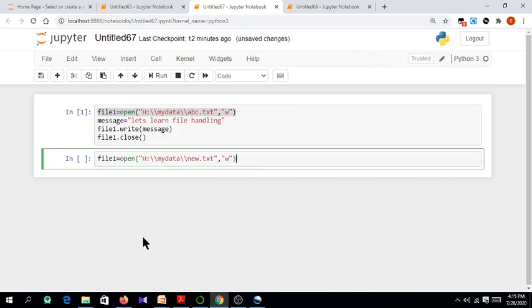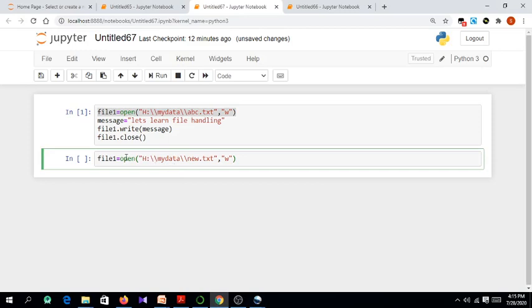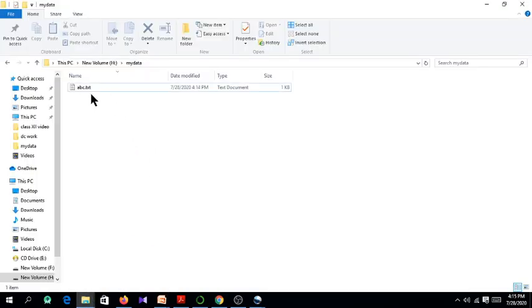Now if you see this my data folder in the H drive, there is only a single file, abc.txt, but I am writing a program to open a file in the H drive, my data, new.txt. That means this file is not actually present in this folder. This is a non-existing file. There is no file named new.txt in this folder. We have a single file, abc.txt.